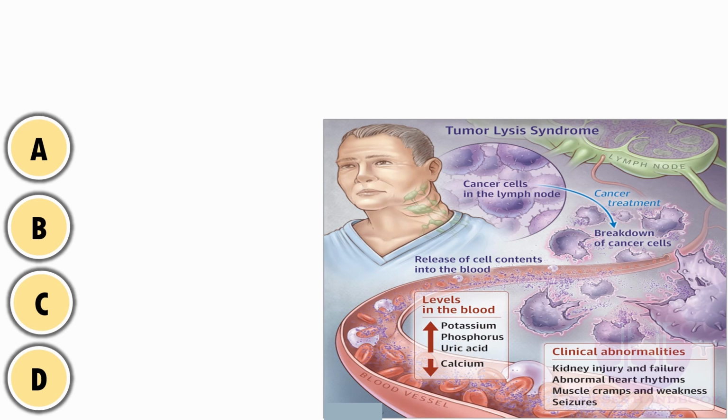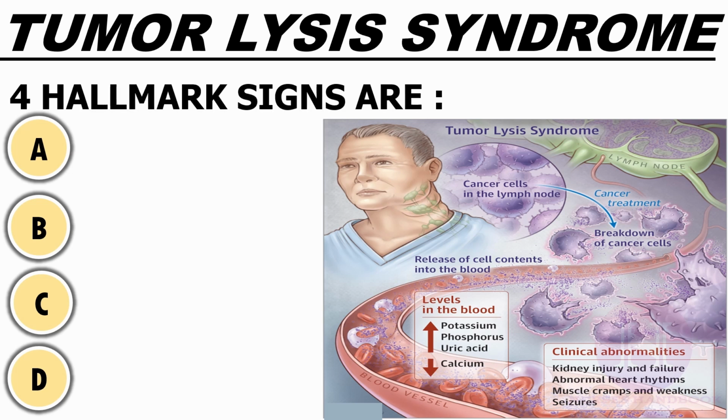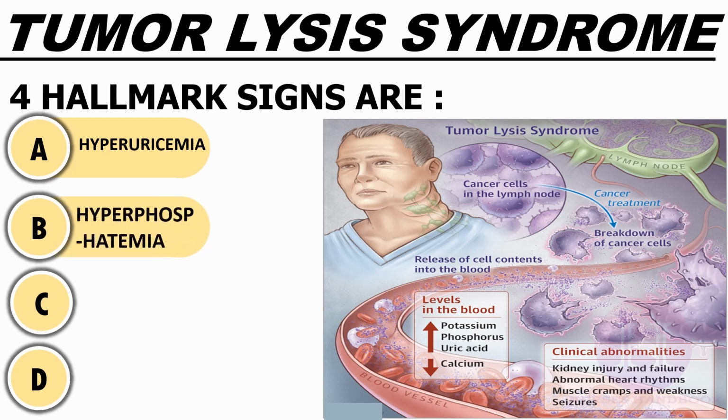9th point, that is tumor lysis syndrome, is a condition which occurs when a large number of cancer cells die within a short period, releasing their contents into the blood. When cancer cells break down quickly in the blood, 4 hallmark signs are seen, and they are hyperuricemia, hyperphosphatemia, hyperkalemia and hypocalcemia. These changes in blood levels cause and affect the functioning of several organs, especially the kidneys, heart, brain,